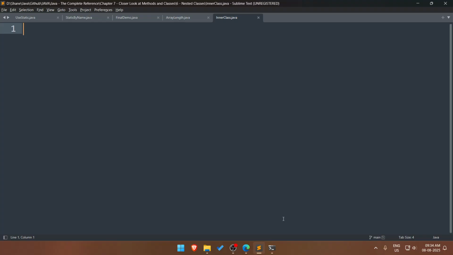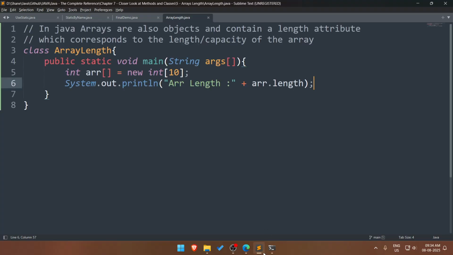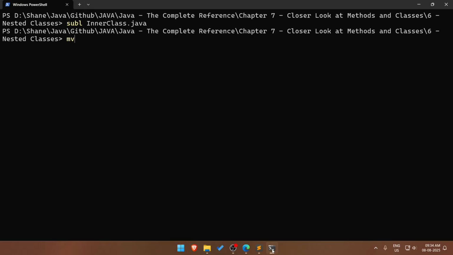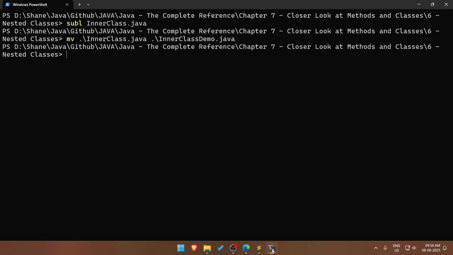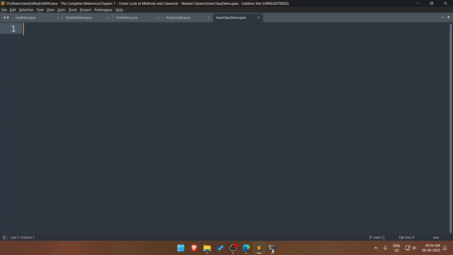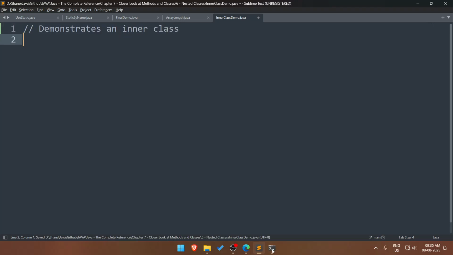I should rewrite it to InnerClassDemo, which demonstrates an inner class. Okay. So first we'll define an outer class,